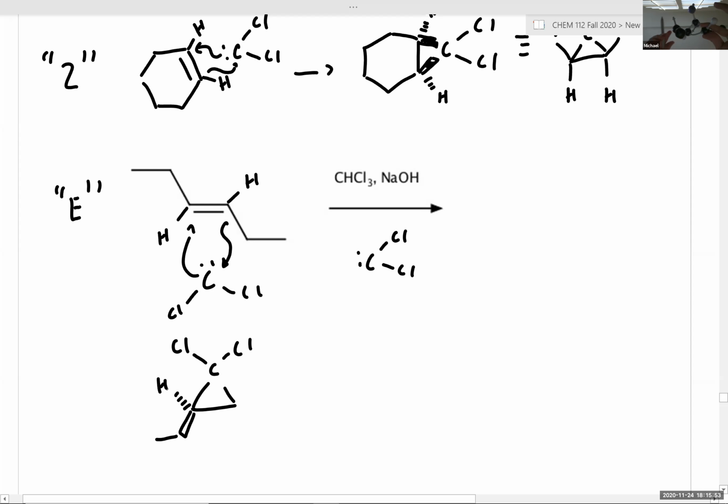Okay, now what's in the front on the right? The hydrogen, yep. And what is in the back on the right? Sorry about that. What's this group in the back called? The ethyl. So does everyone notice how if our substituents are trans,